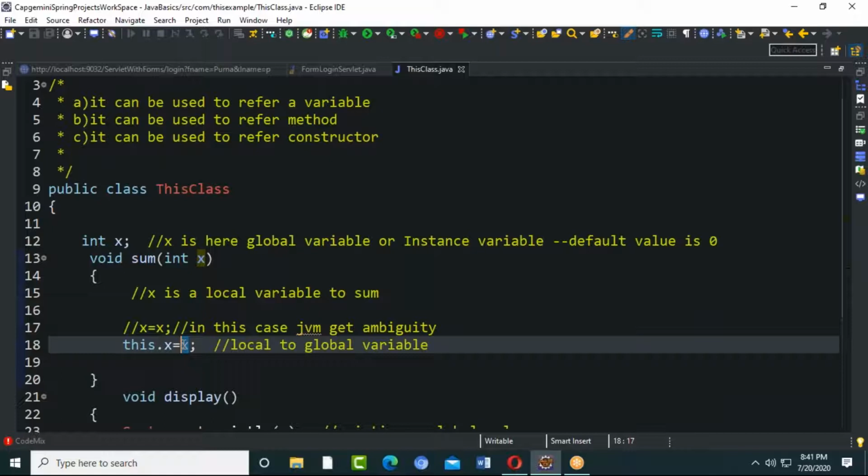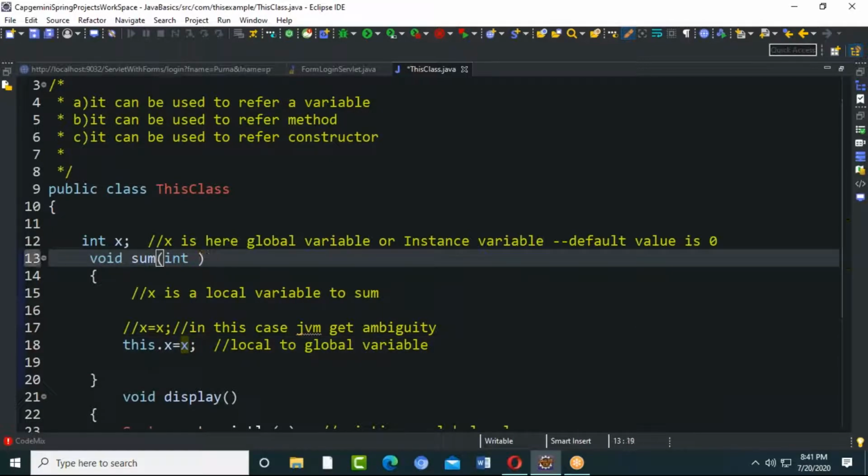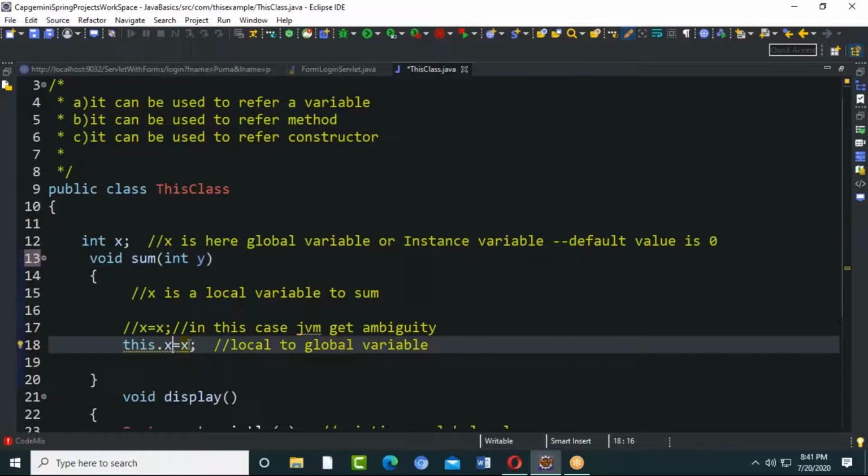And this keyword can be used to refer to the current class instance. And when you are using it for a variable, when both the names are the same, in that case only we'll be using this. If they both are different, then there's no need of using this. So to make sure that you're assigning